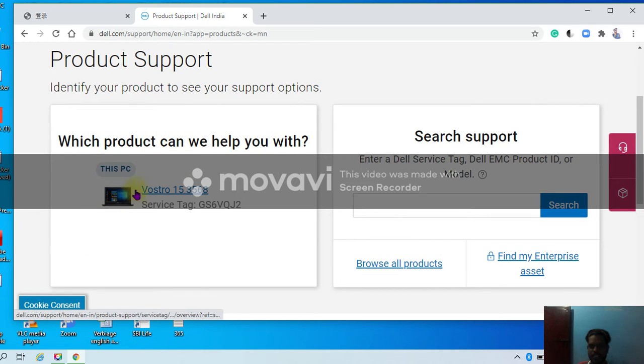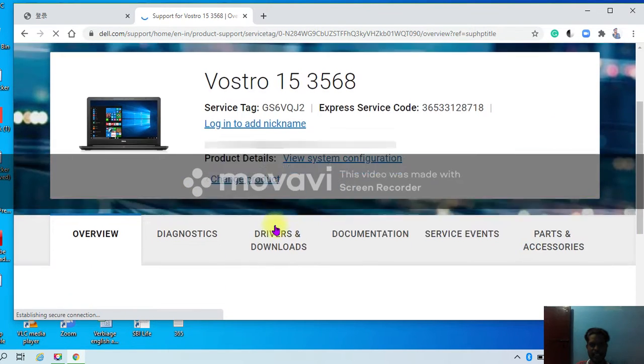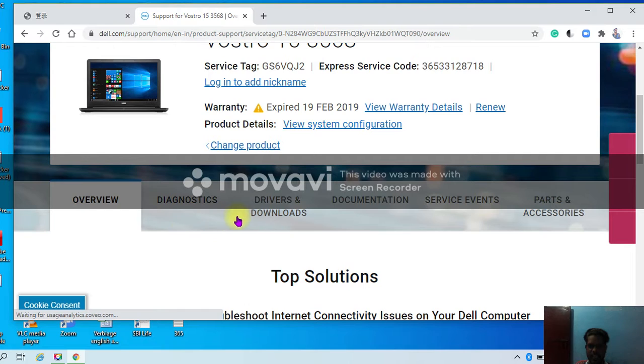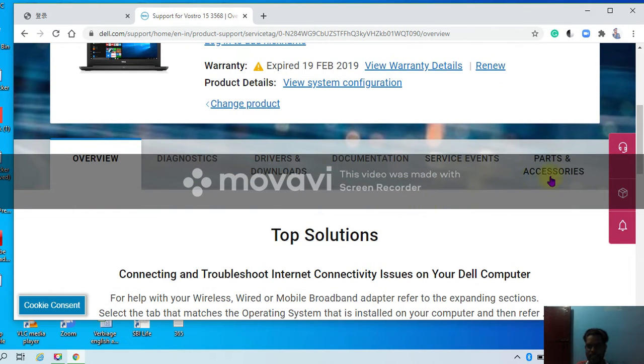I have already put the number here, or you can enter your Dell service tag number or the model number, which you can find on the back of your laptop. Once I click on this, I can see the overview, diagnostic, drivers and downloads, documentation, service events, parts and accessories. These are all the options.